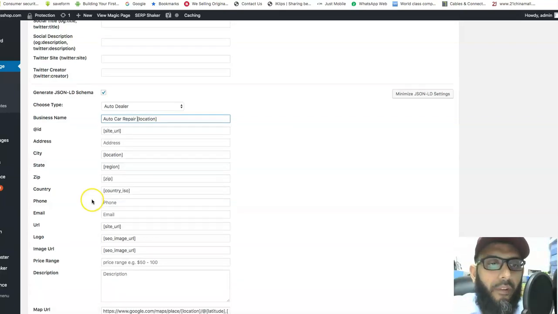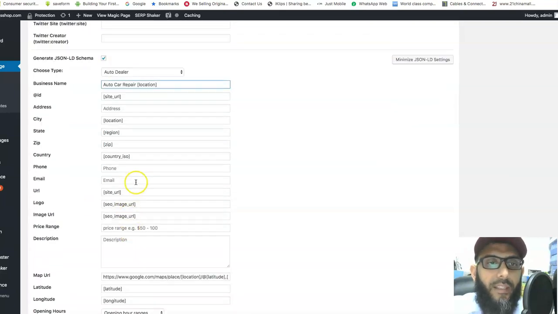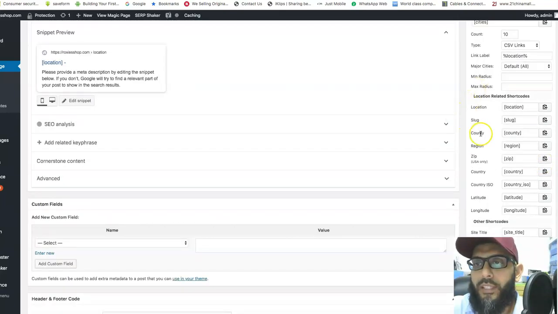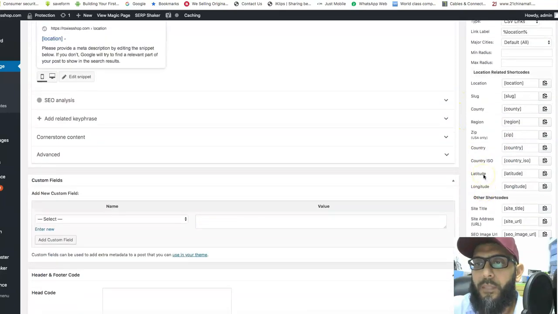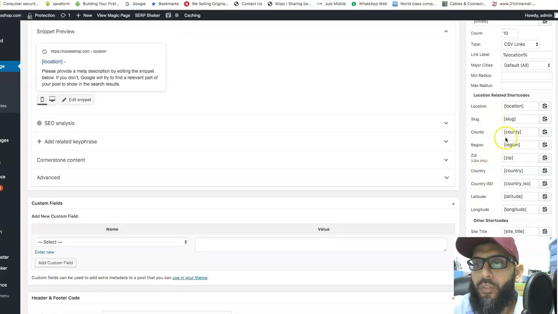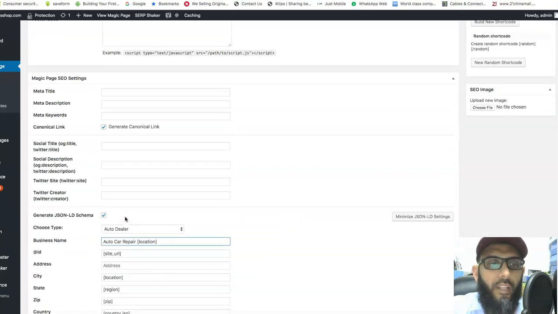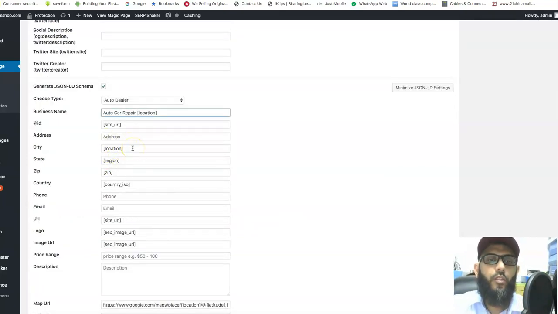So here you can come and fill in your phone numbers, email, anything you can do. But this part, you can see this site URL and this city location. You can just see not a main city. Here, if you see city, you can just come and put that, copy this city. I just told you this city. Choose this part here, whichever the slug, sorry, here it is, county, or whichever way you want to target, you can just put it here. And what it does is it automatically pulls around 10 nearby locations, whichever are available. So it's easy for people who are searching, they can click that and it will show them that website. So that's how this has been done.